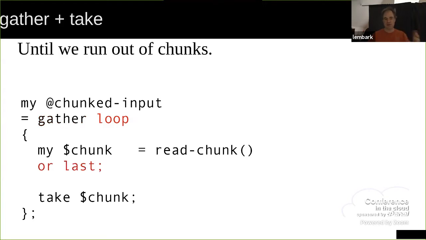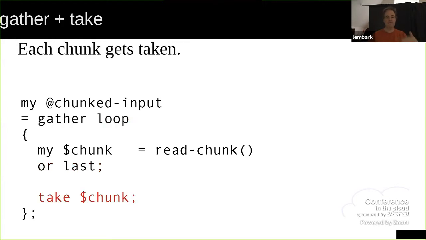Each time I have a chunk or I'm finished, that exits the loop. For each one of these, I take it. Now, again, inside of this block, I could modify things. I could have 5 different takes. I could have the switch from hell deciding what to take. But any take that's called in this block